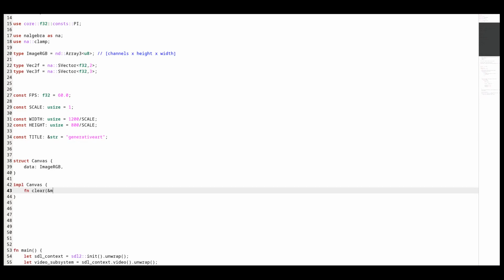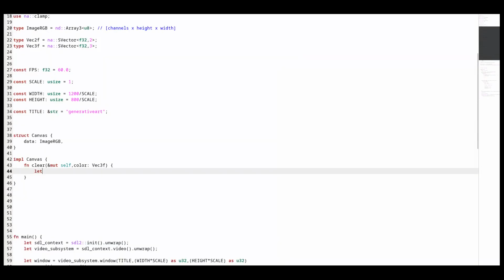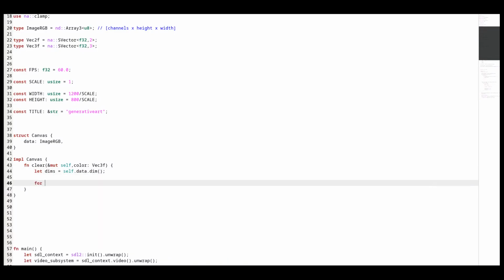And its method clear. We need to get the dimensions of the data. And then set every pixel to the color.